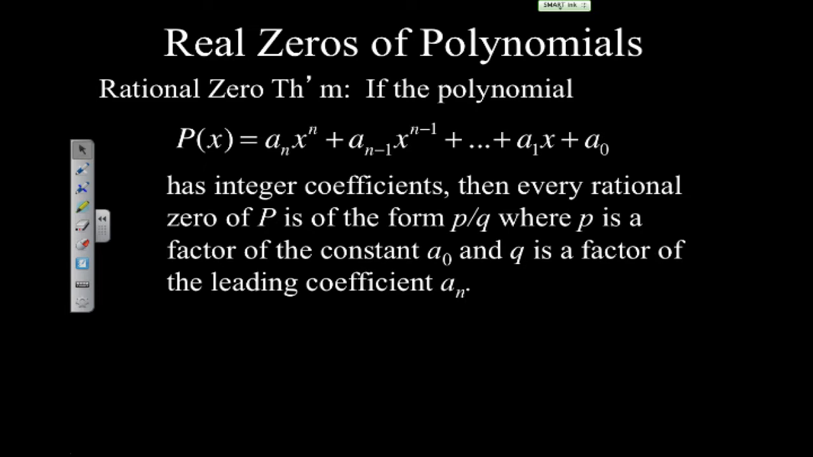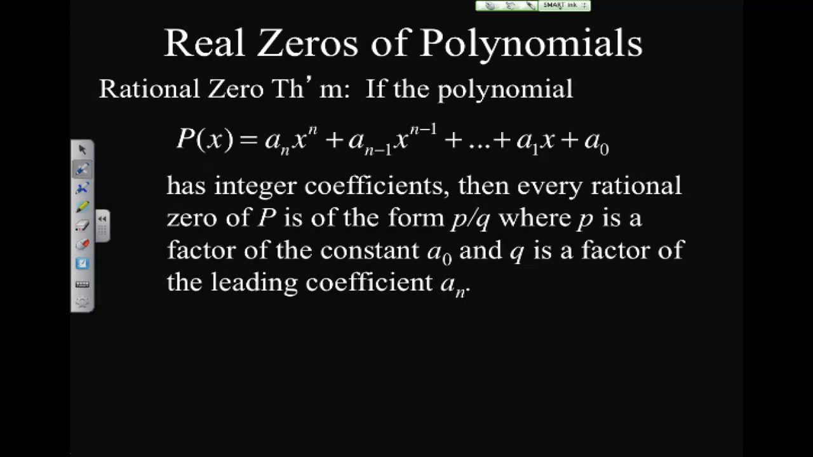Today we're working on section 4.3, which is on real zeros of polynomials, and we want to start out talking about the rational zero theorem. So again, we're given a polynomial, p of x, and we see it there. This is again just the standard form for any polynomial, and so it has integer coefficients. Then what we know is every rational zero of p will have the form p divided by q,